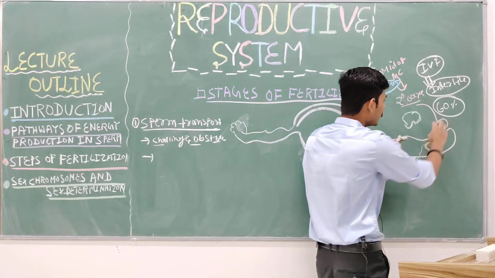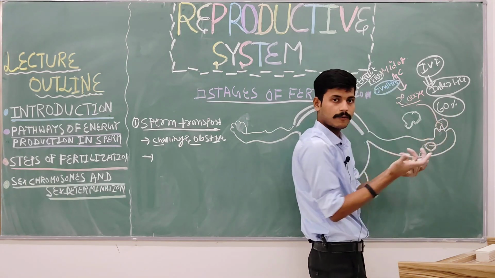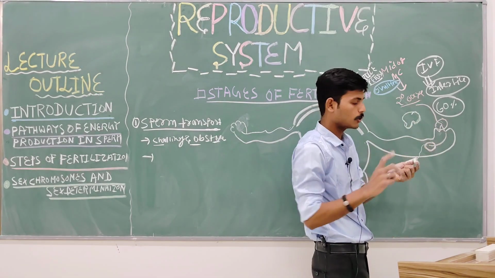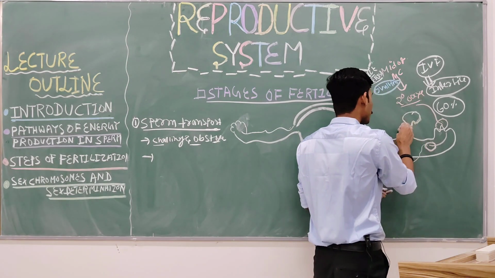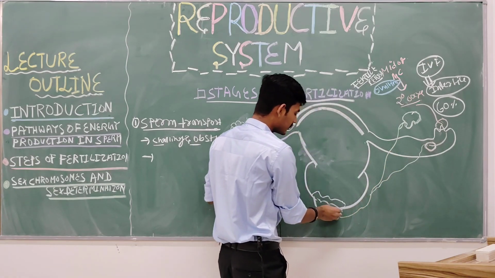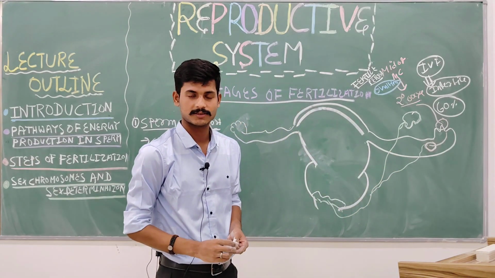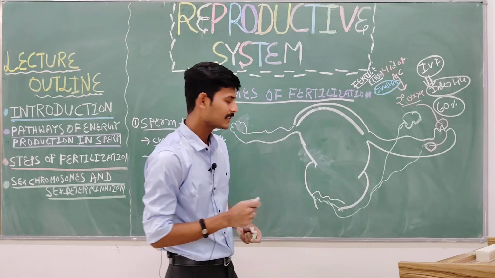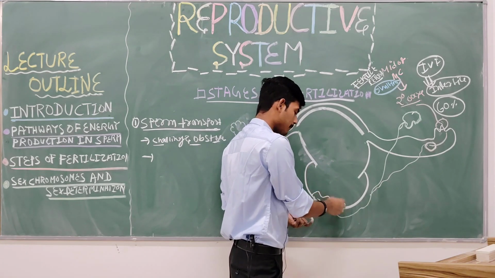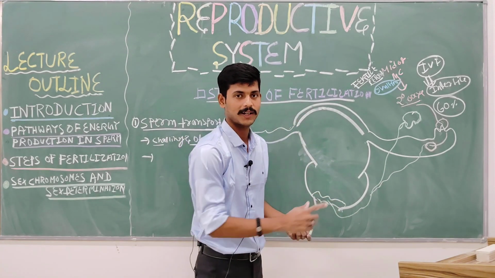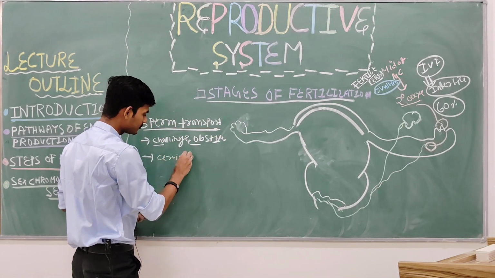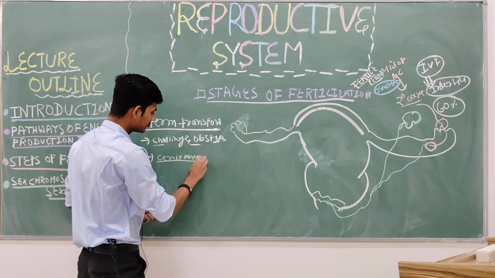Or Graafian follicle. The oocyte is released, and it comes into the fallopian tube by the fimbrial movement, but the portion that is left is referred to as the corpus luteum, and you know that the corpus luteum secretes a hormone called progesterone. So progesterone works on this mucus and alters its consistency and makes it thin, so that sperm can travel. So the first challenge is the cervical mucus, isn't it?